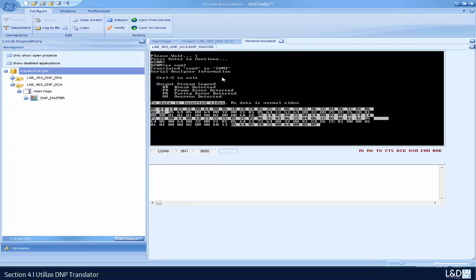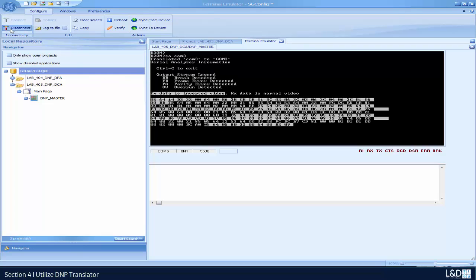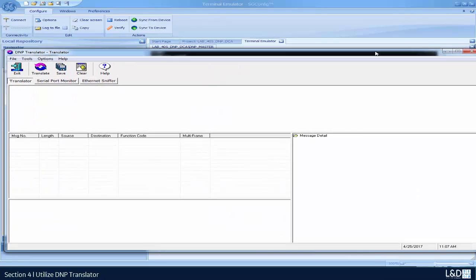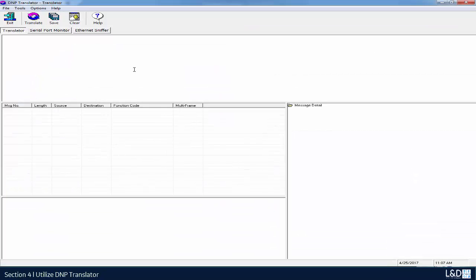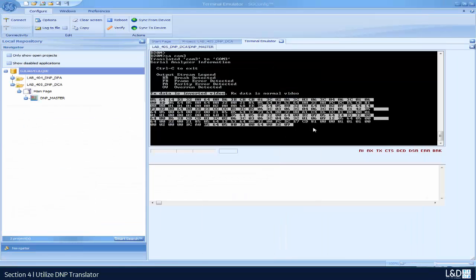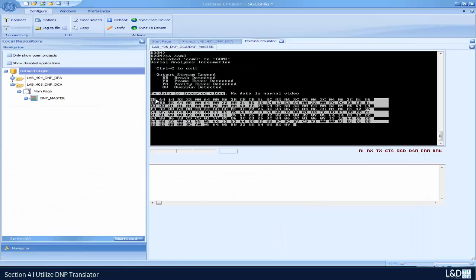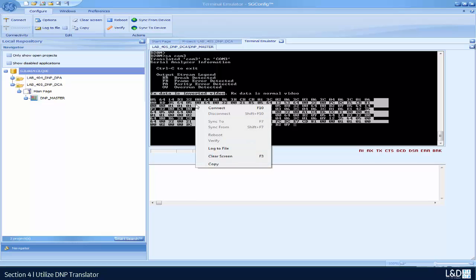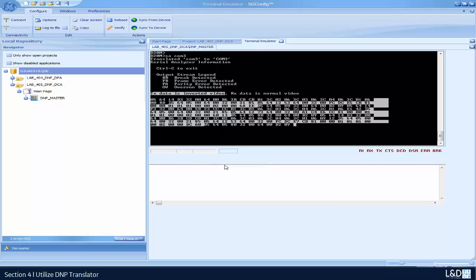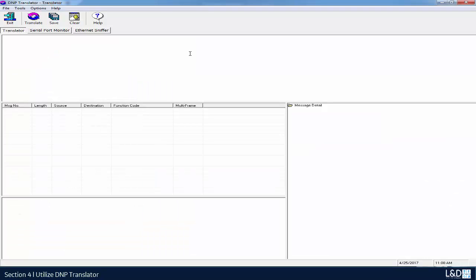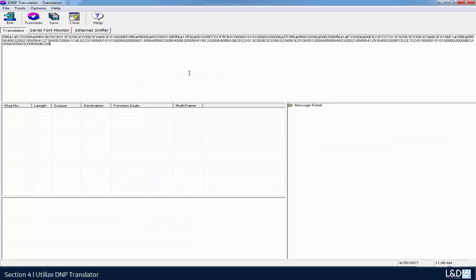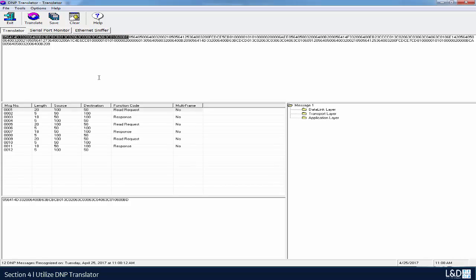If we want to decipher this polling, we can disconnect and start our DNP translator. You got it as part of your tools in the classroom. Okay, all we need to do is just highlight the messages, right click, copy, go to the DNP translator, paste, translate,